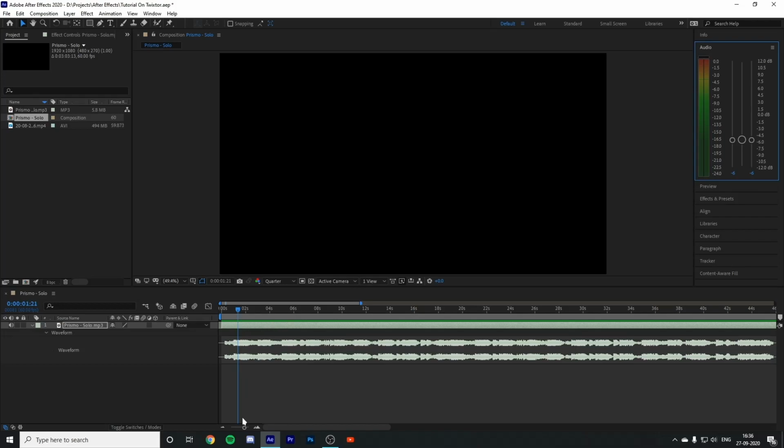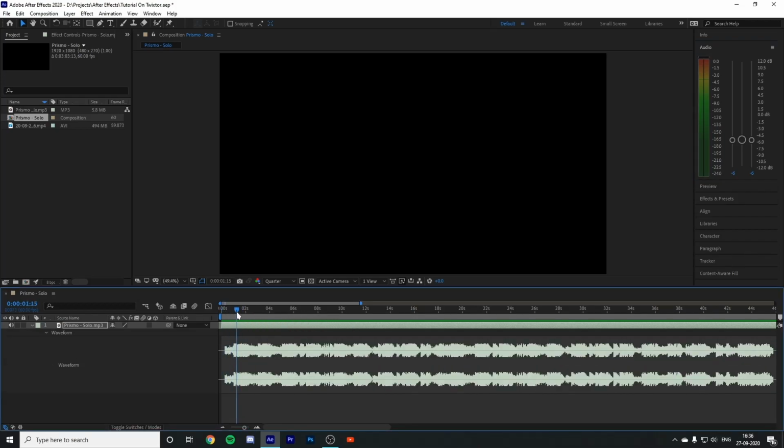Okay, so after you've done that, go to the place where your mark is, where the beat is, then press the asterisk key or star key on your keyboard. It will place a mark on your track. Similarly, keep on marking where the beat occurs and where you wanna beat sync.